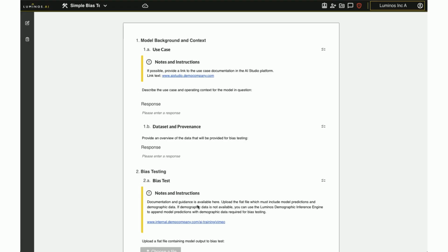In this short video, we're going to look at using the rule builder to add some responsive rules to a form that we've built on the Luminos.ai platform. You can see we have a form that we just built open, a simple bias tester, and it has three